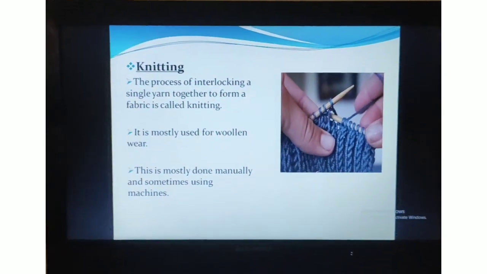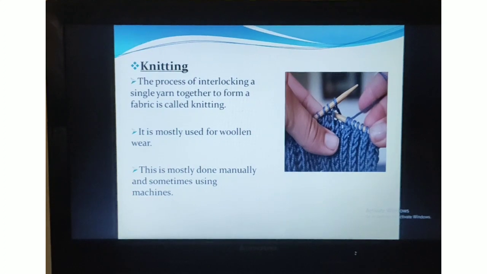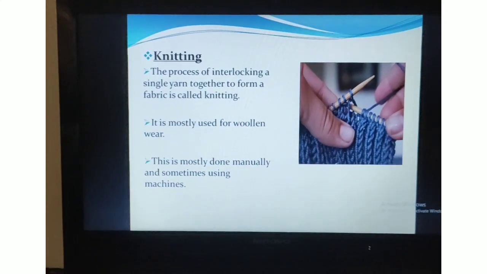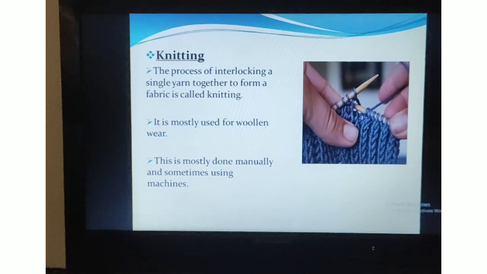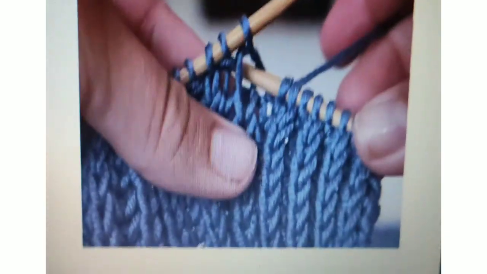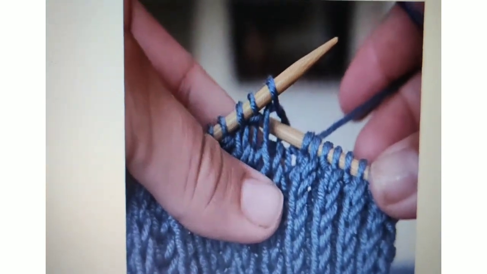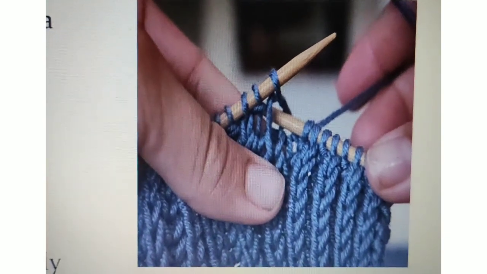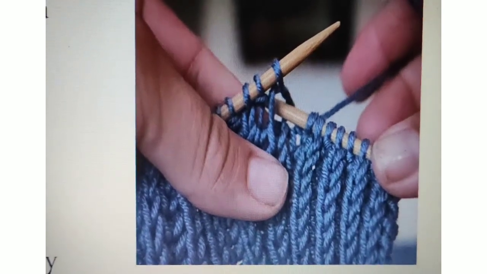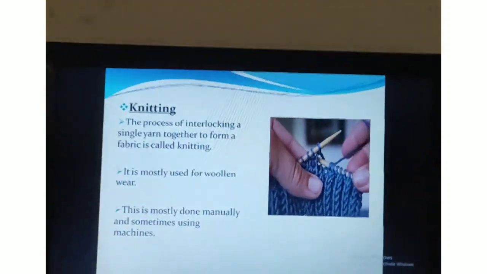Now it's time to understand the second process. Its name is knitting process. Okay, K is silent, you can say. So, knitting. Now let's understand. This photo is a bit familiar to you, I think. This is nothing but a woolen sweater which is formed with the help of the knitting process. Let's see it in detail.